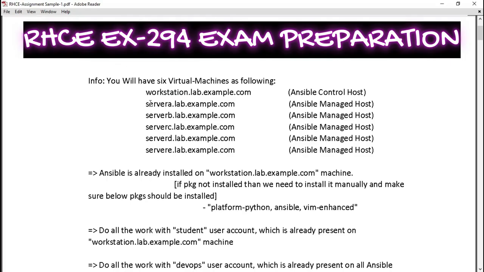But once you log into the console, it will be a little bit tricky to type something, right? Copy paste from your question paper and all those things. So it's better to take the SSH of your workstation on your RDP machine. Okay. I got that. Right? And then start doing. So it will help you to do copy paste typing.